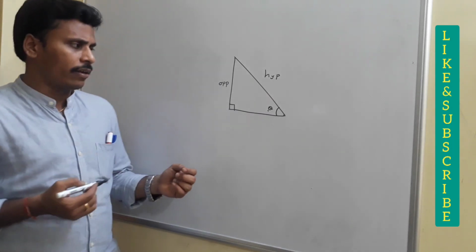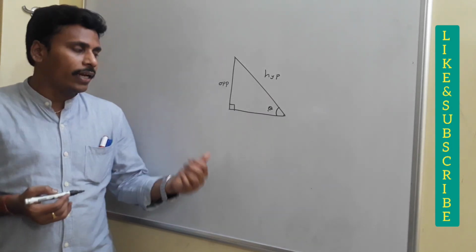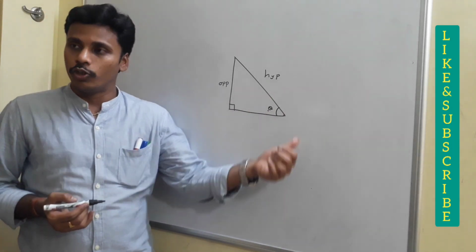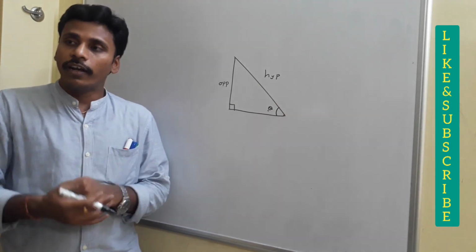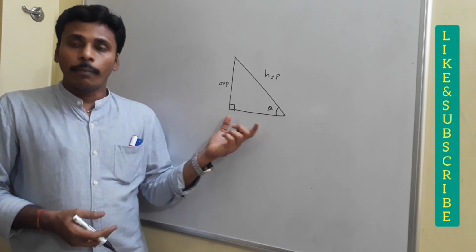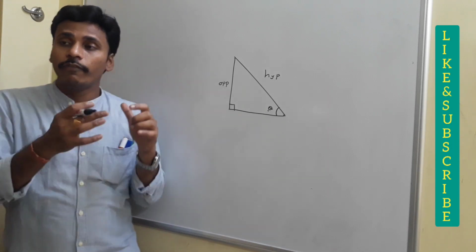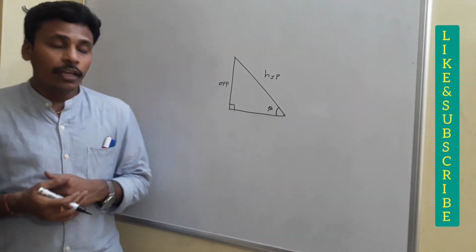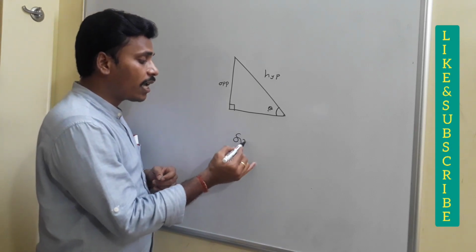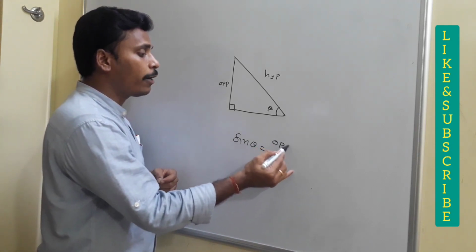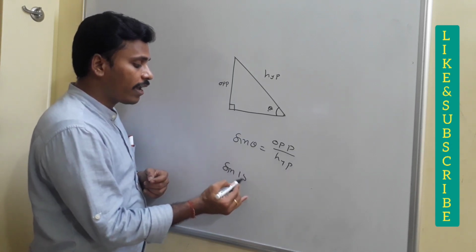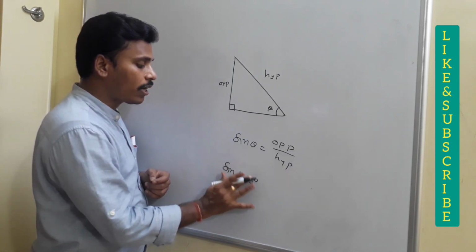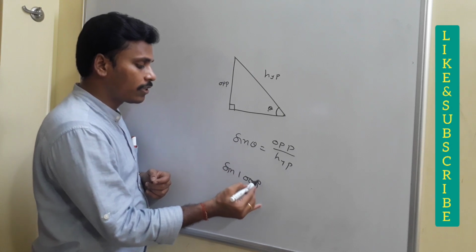Many of you know it, sin theta as opposite by hypotenuse, but it is not the very first definition. With different conventions you reach that question, right? But we are going to define now the very fundamental definition of sin theta. If anybody defines that sin theta equals opposite side by hypotenuse, then my question is, what is sin 150 degrees or what is sin 1000 degrees?